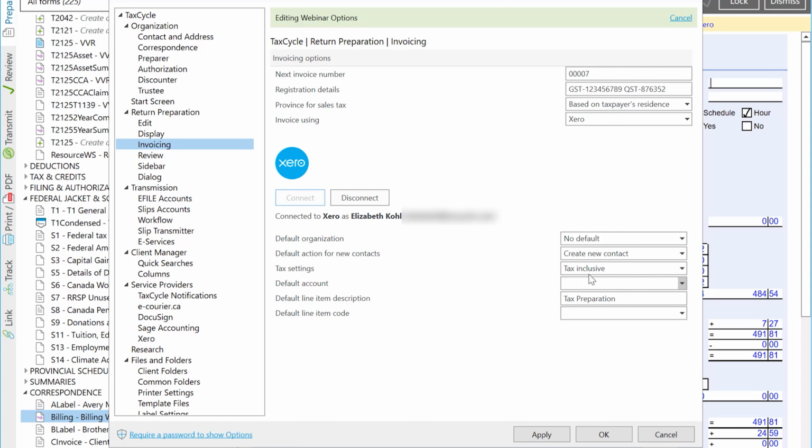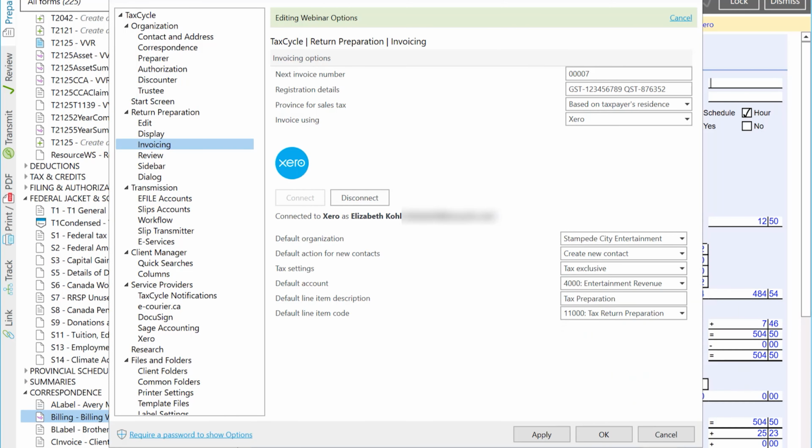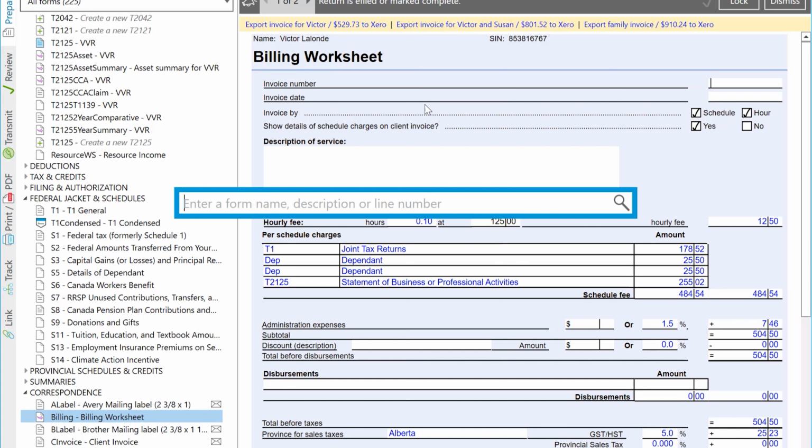And under here, you'll see a few options. So you can set the default organization, and in this case, I only have one. You can choose what to do with new contacts and whether to include or exclude tax, the default account that it needs to go to, and what you would like the line description and item code to be in Xero itself. And then when I'm back on my billing worksheet, so let me just show you how the billing worksheet